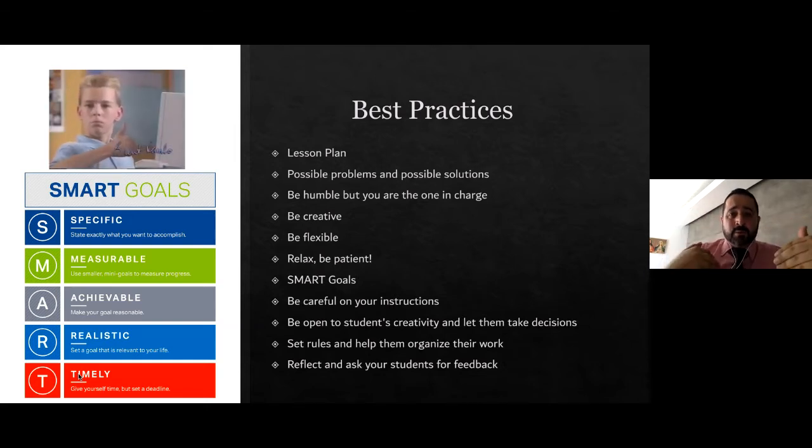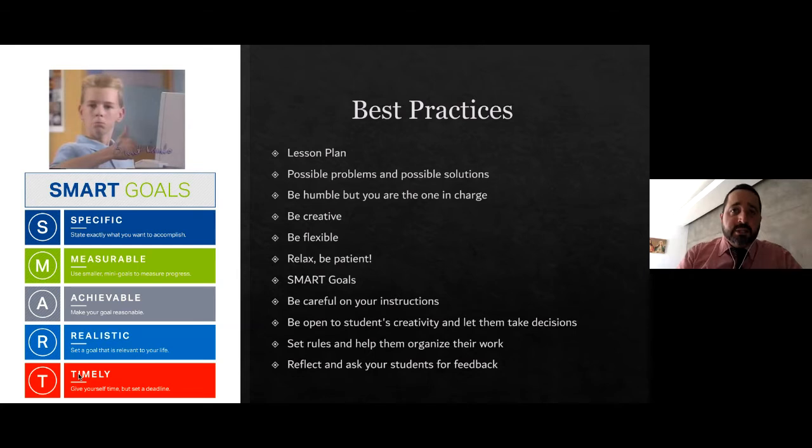Also, be flexible. What happens if your students couldn't finish their work or their assignment? So you have to be very flexible, right? And praise your students. If they could achieve some of the goals, it's fine. Don't be so restrictive, okay? Also, the best of the best, right?